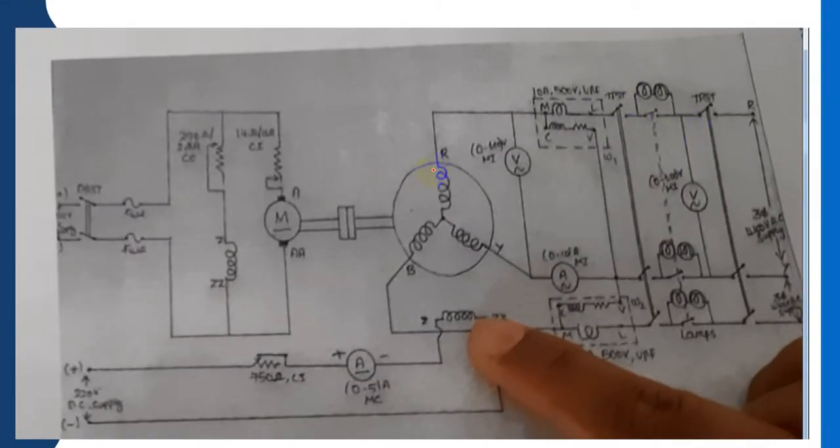So this is the connection, the synchronous machine. Here is the three-phase supply, here is the voltmeter connection, here is the ammeter connection, here is wattmeter 1 and wattmeter 2. In between machine and supply we need one lamp load connection. Why, I will explain later. A lamp load, a 6 lamp load set along with TPST switches on both sides.